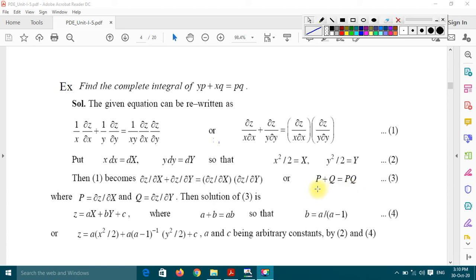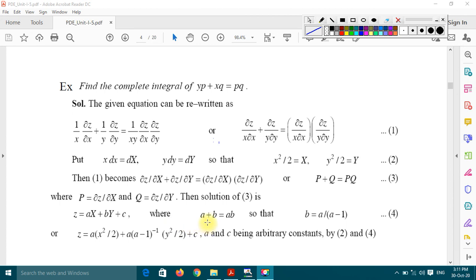Again, you see that equation number 3 contains only P and Q, not X, Y and Z. So again, if we write Charpit's auxiliary equations, then the denominators of dP and dQ are 0. So we get P is equal to A and Q is equal to B. Now substitute this into the differential equation dz is equal to P dX plus Q dY, where the values of P and Q are A and B. We get dz is equal to A dX plus B dY, so we get Z is equal to AX plus BY plus C.